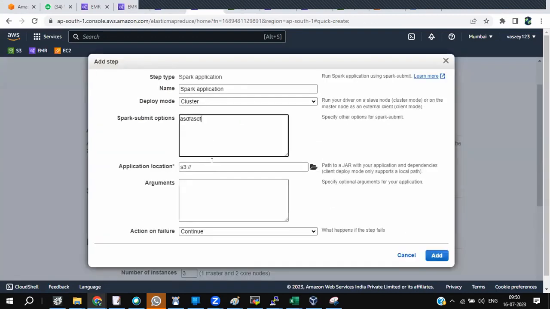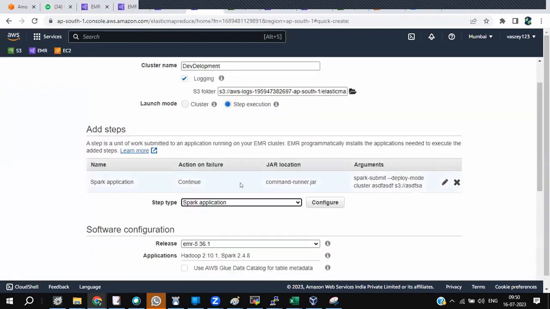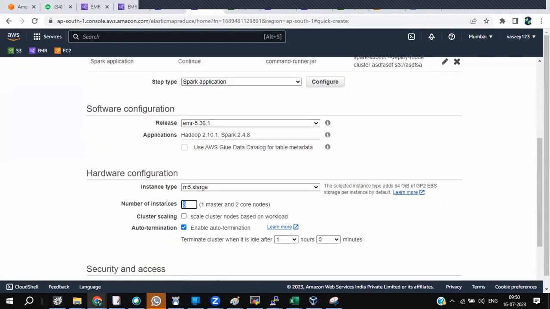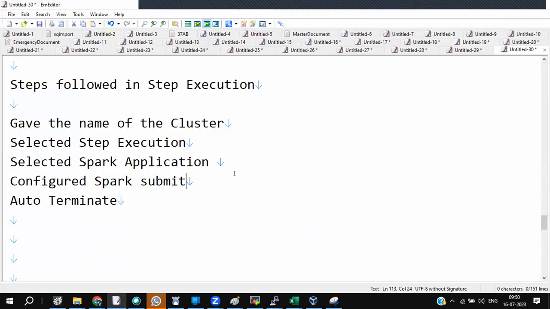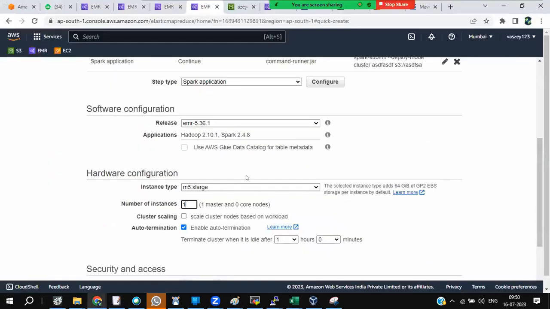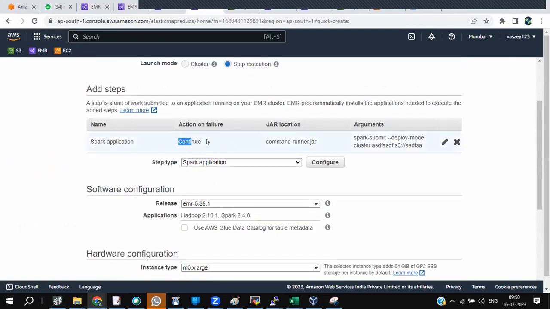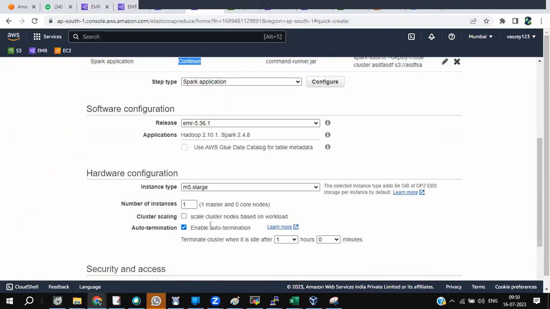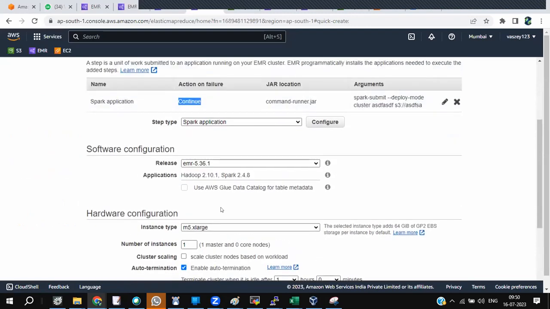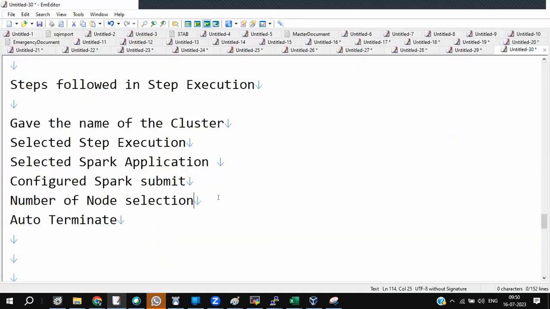Then it came down, selected the nodes. Number of nodes also selected. Yes or no, folks? Yes, sir. And auto termination I have provided. Cluster type also. Selected the number of nodes and cluster type.